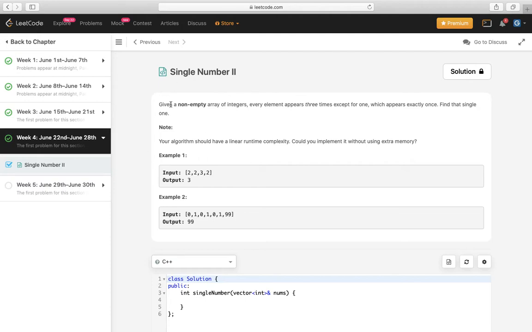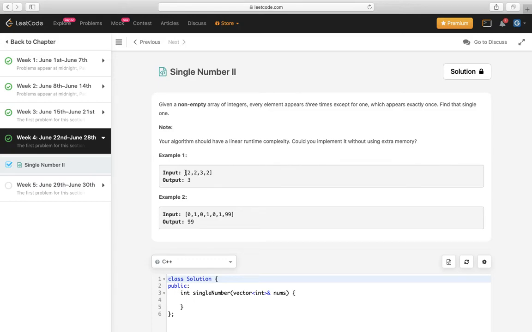So this is the question of June LeetCode challenge. The question is: given a non-empty array of integers, every element appears thrice except for one, which appears exactly once. Find that single one. So we have to find the single integer that appears only once, while all other elements in that array appear three times.